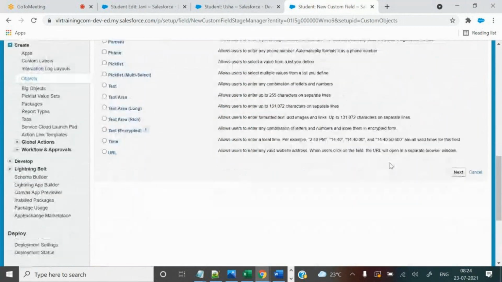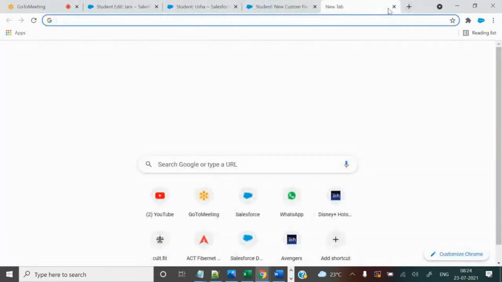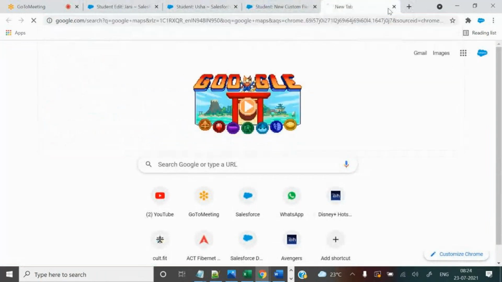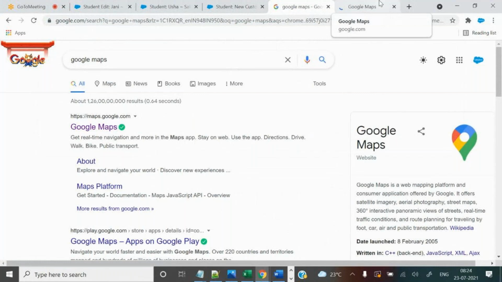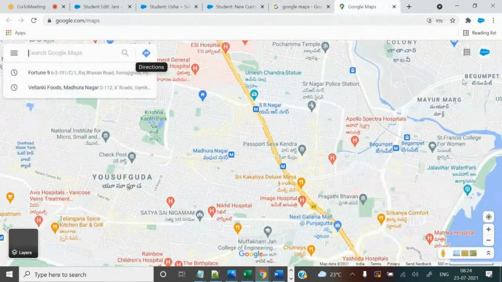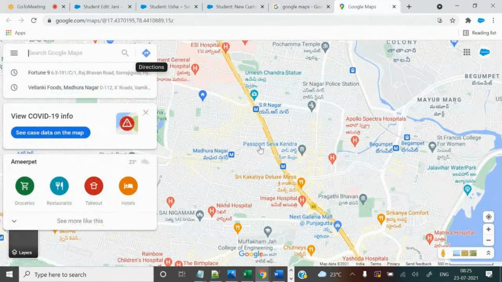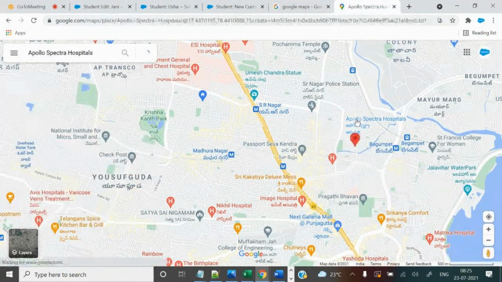So generally, what is geolocation? If you go to Google Maps, you can see the Google Maps here. Suppose Apollo Hospital.